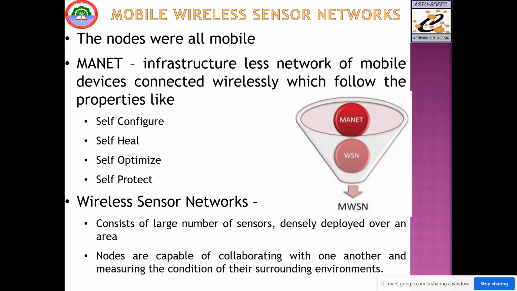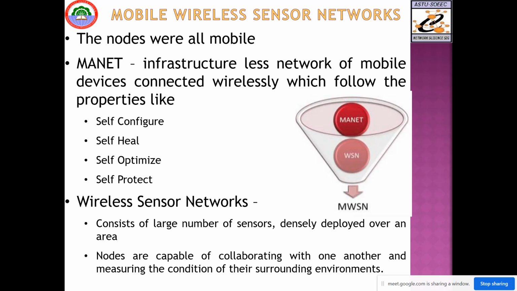In the case of a wireless sensor network, based on the area we are going to cover, we need to deploy the sensor nodes in that area. If it is a small area, we need a small number of sensors; for a large area, a large number of sensors. These nodes are capable of collaborating with one another, so whatever neighboring sensor devices are there, they can communicate with them